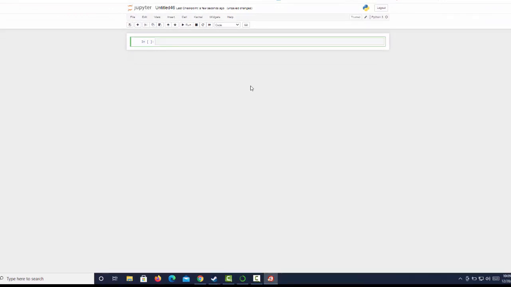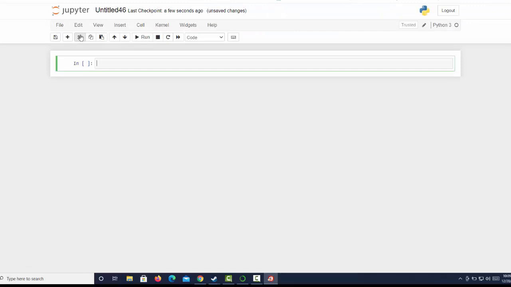So now that you're in Jupyter Notebook, you will be presented with a screen where you have your window, a top ribbon where you have some options. But the first thing you're going to have is what is called a cell. And this cell gives us the ability to run code just in this cell. So the first thing we want to do is start documenting what we're going to do. And in this first cell, we're going to be loading in some essential libraries that we're going to use for